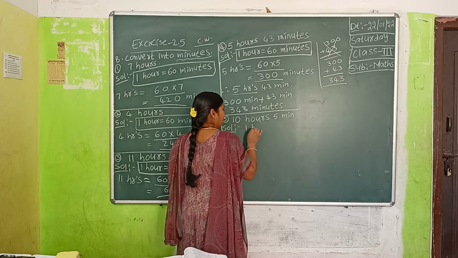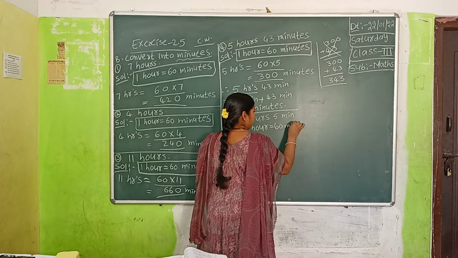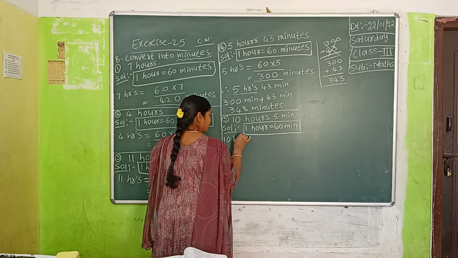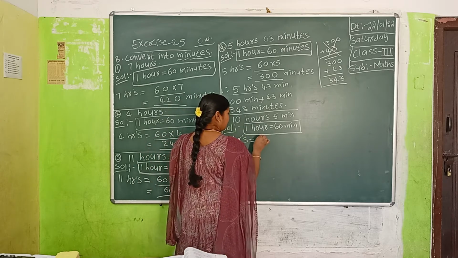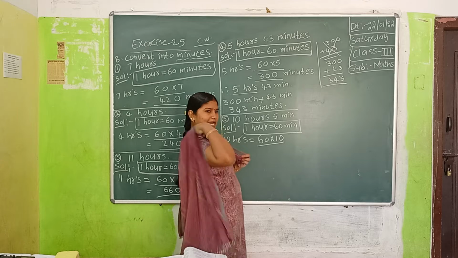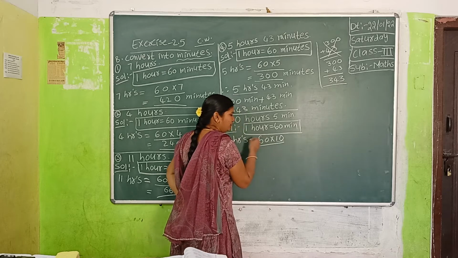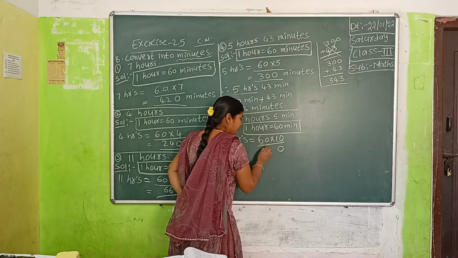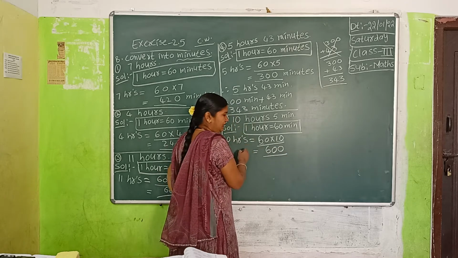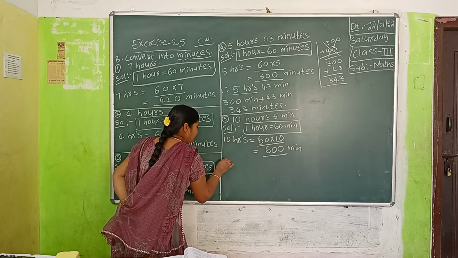Here also we have to write down 1 hour equal to 60 minutes. First convert 10 hours into minutes. 10 hours equal to 60 into 10. If you know, directly multiply; otherwise do the 2-digit multiplication. 10 into 0, 0. 10 sixes are 60. Total we are getting 10 hours equal to 600 minutes. Okay. Now write down the given question.